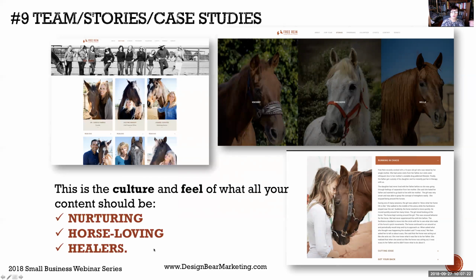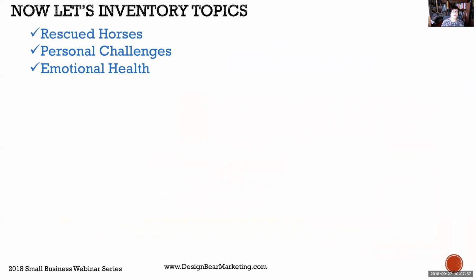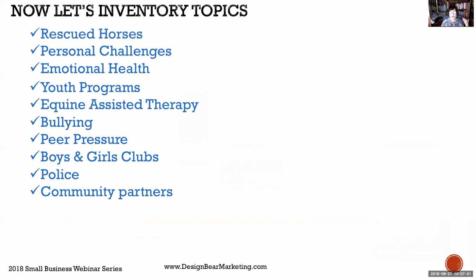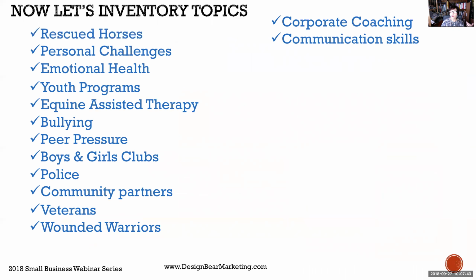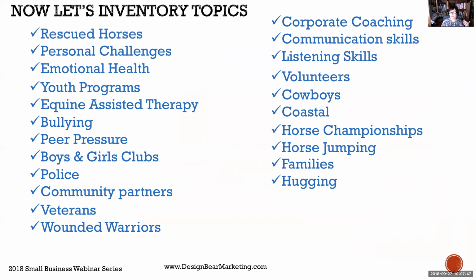You don't want to post any content that's not going to give them the sense of what you see right here on this page. And you have the same thing. You need to look at your own culture and decide what's there. So now we're going to inventory these topics: rescued horses, challenges, all of the bullying, the peer pressure, the partners, and you put all of this on one list and you look at it and you say,